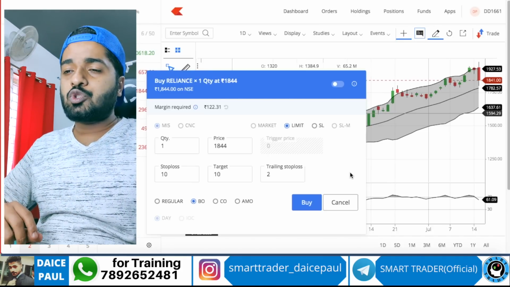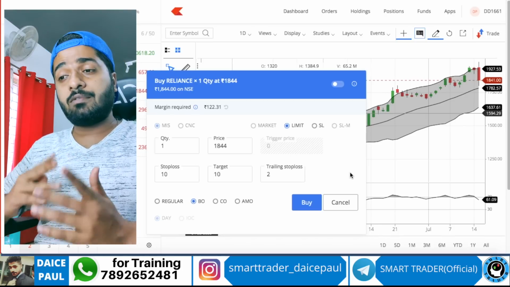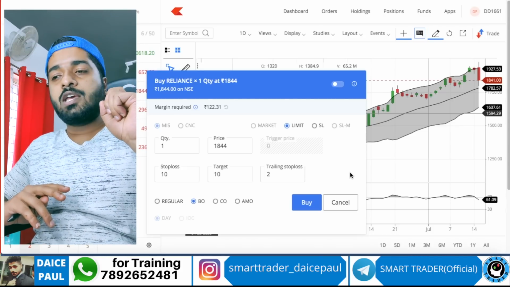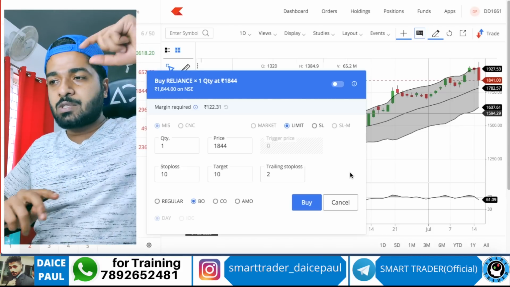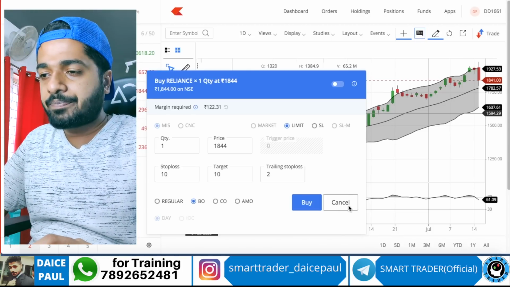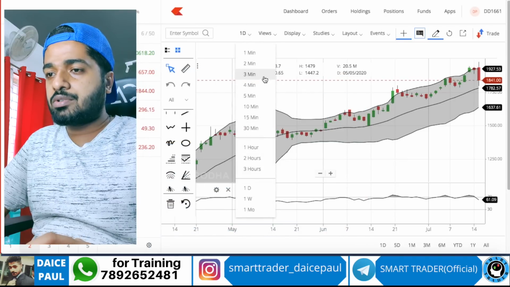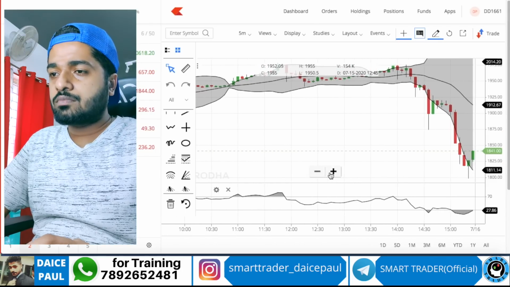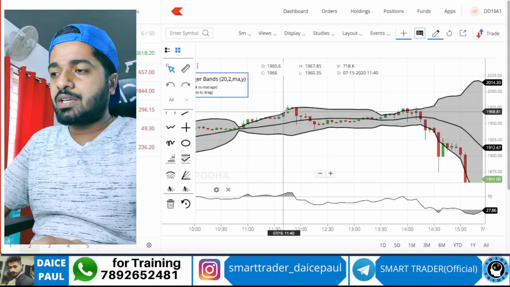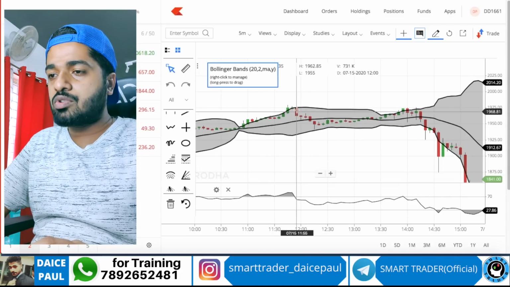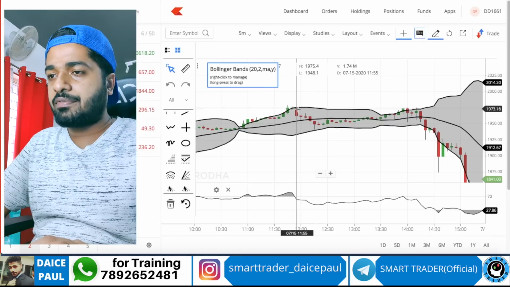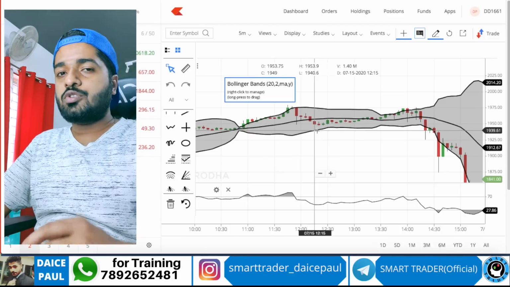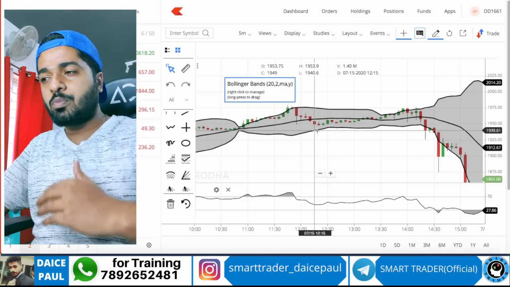But in intraday, I would suggest you, there are a lot of advantages also in intraday, but what I have seen is there are minimum fluctuations like 0.5%, and you see sudden spikes. So let me just show you guys. If you go on Reliance today only, I'll show you the 5 minutes chart. Imagine you took a trade here and you see the minimum fluctuation, suddenly it goes down from 75 to 1939. So you see minimum 1.5%, 2% movements are there.